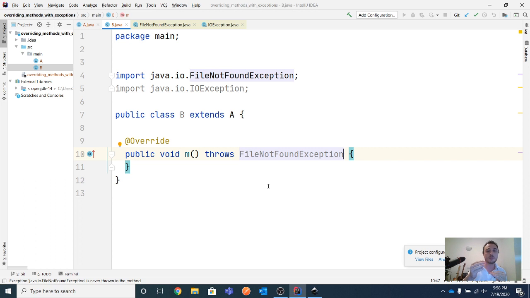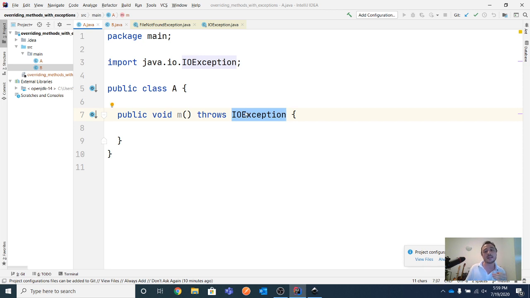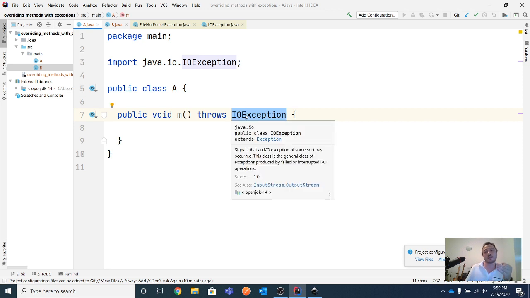exception. So being that it extends, we know that inheritance is also called the is-a relationship, which means that file not found exception is an IO exception. So it's more particular than IO exception, which means that polymorphism applies here, which means that you can also throw file not found exception even though it's a different exception, because it's at the same time an IO exception from